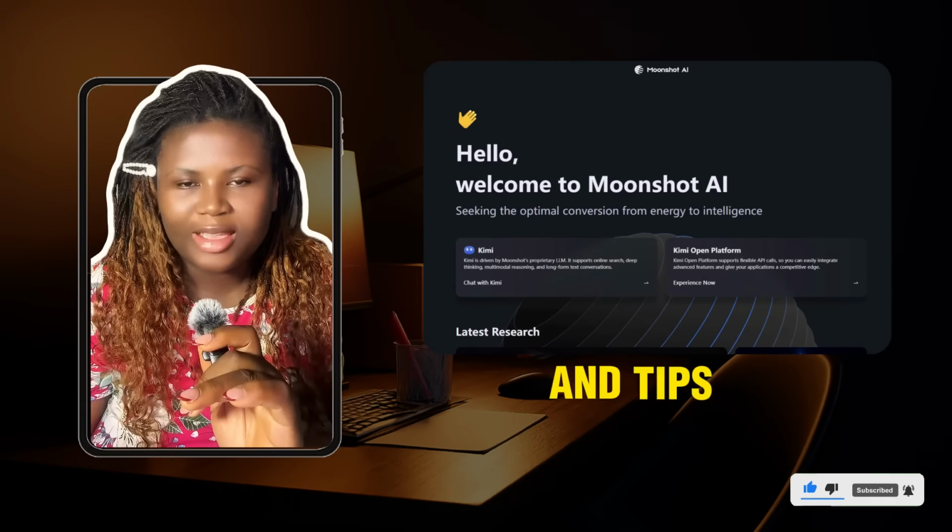Let's dive in. So, what exactly is Kimi K2? It's an advanced coding model built by Moonshot AI. It can code, explain concepts, and even solve problems, just like the best of them. But here's the best part: you get the same quality results as Claude 4 models while spending only a fraction